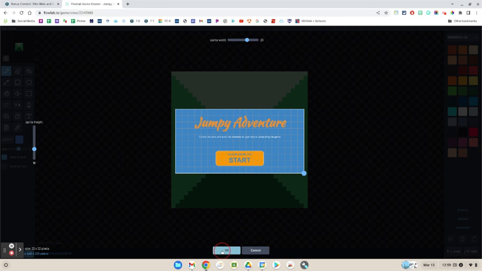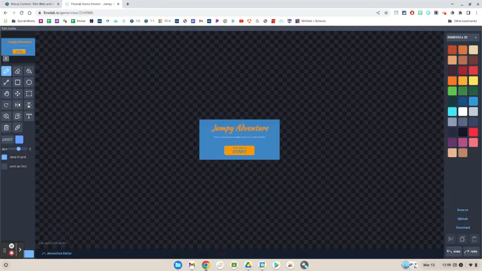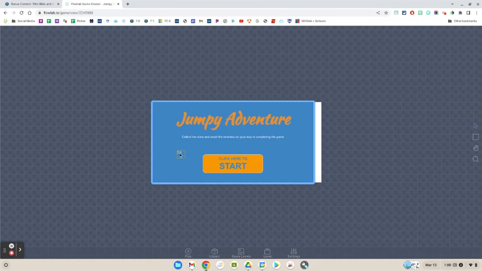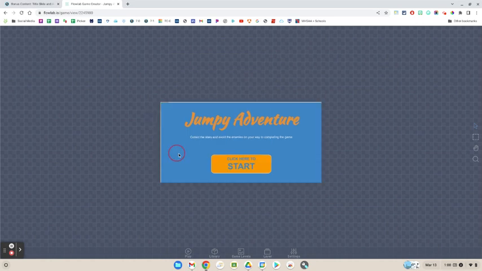I'll hit OK here, and then OK, and then OK. Now I should be able to move it, so that covers up the exact background